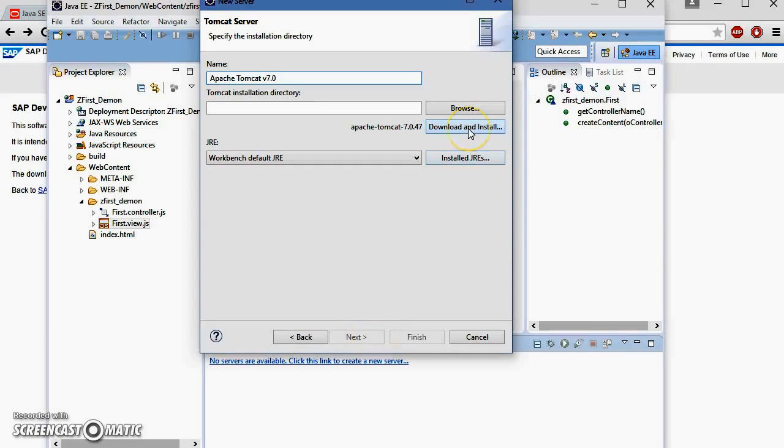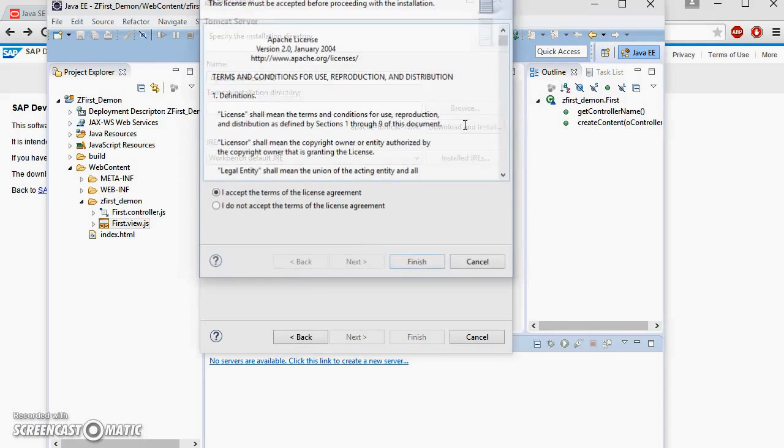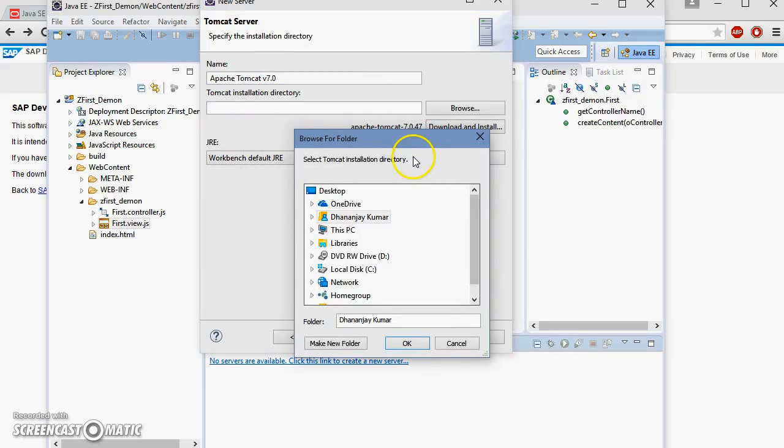And you would find that there is a button which says download and install. Click this button. Accept the license agreement, it's already accepted. Finish. Give the relevant path. Let me make a new folder.